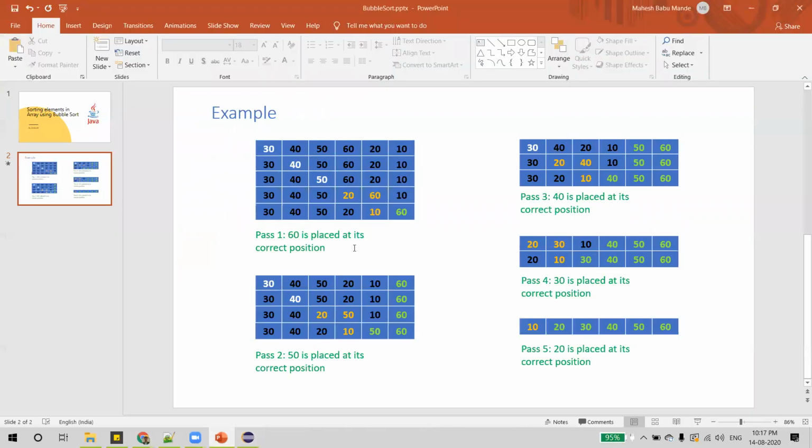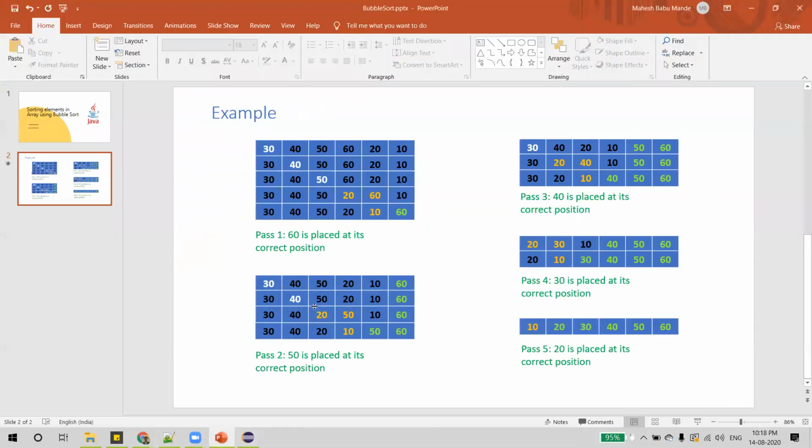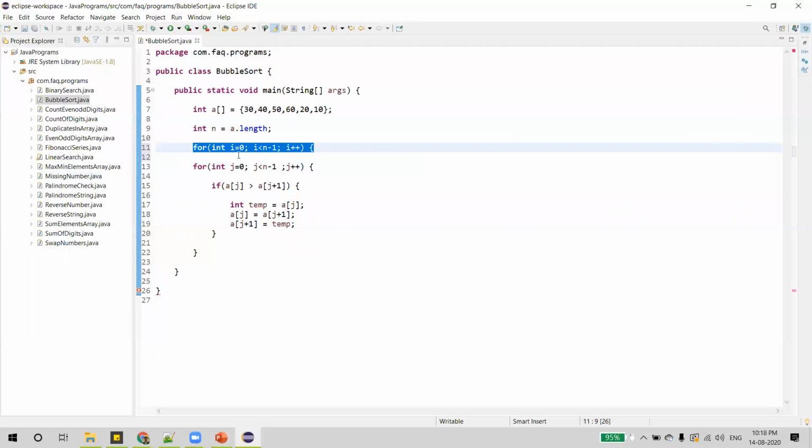The inner loop is for running the iterations within a pass, and the outer loop is for all the passes. Like there are 5 passes, right? For that, we are declaring the outer loop. And we are almost done with the logic except for one thing. I just need to close this loop.